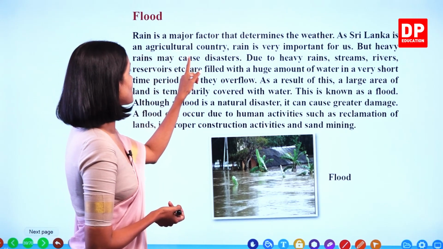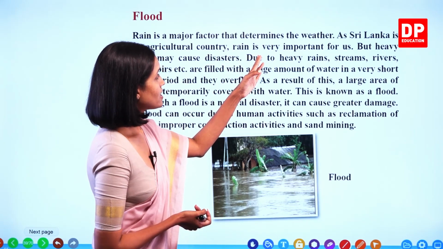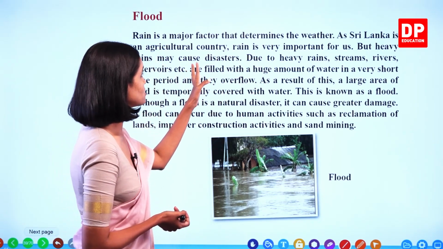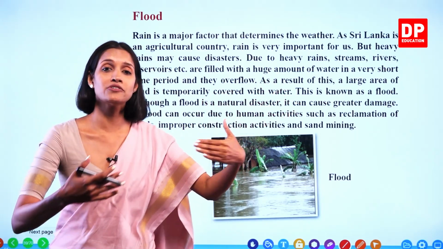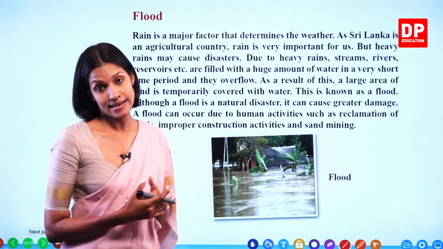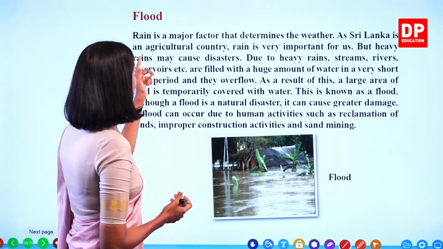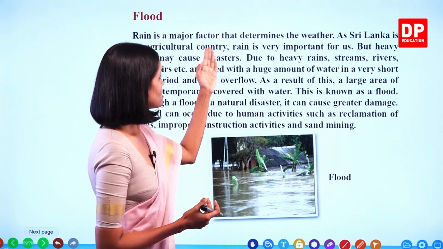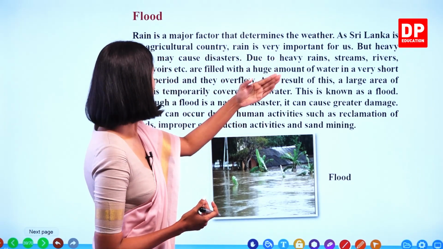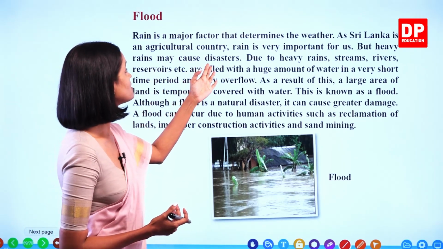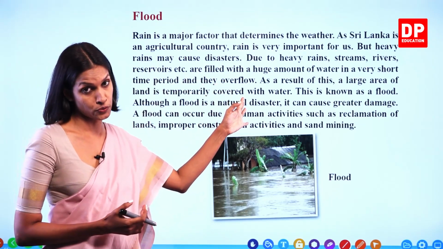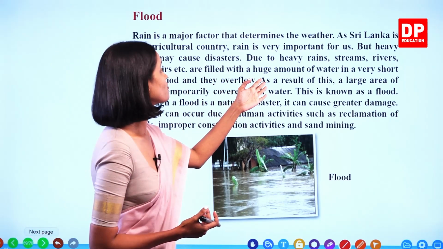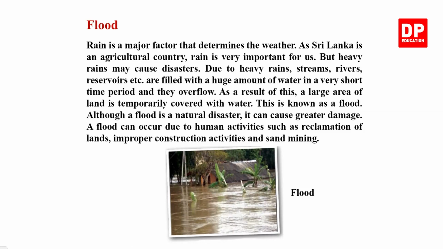Rain is a major factor that determines the weather. As Sri Lanka is an agricultural country, rain is very important for us, right? So that's why we have to collect rainwater in tanks and use it for agriculture, okay? But heavy rains may cause disasters. Due to heavy rains, streams, rivers, and reservoirs are filled with a huge amount of water in a very short time period and they overflow, right? So as a result of this, a large area of land is temporarily covered with water